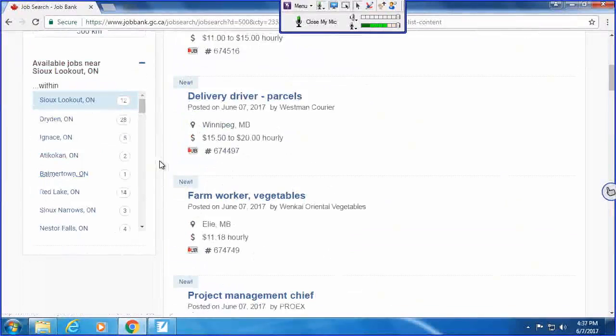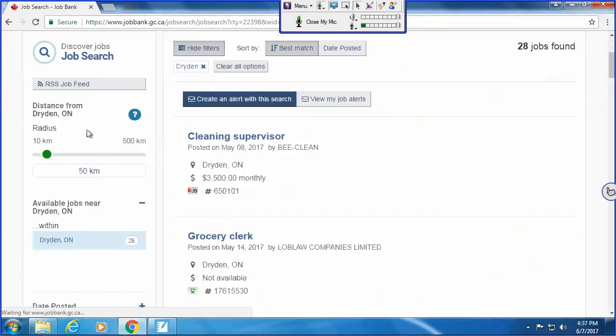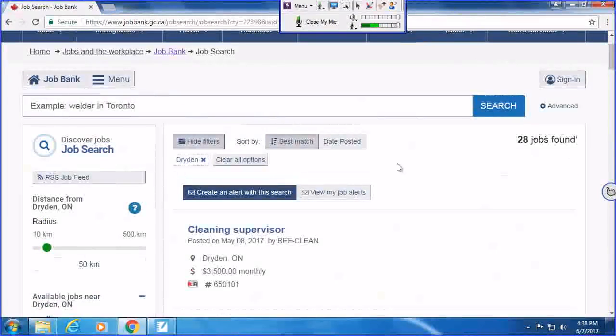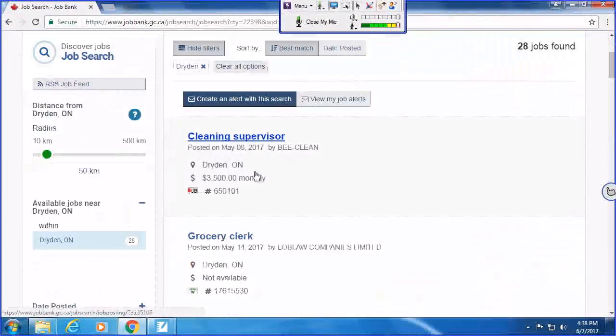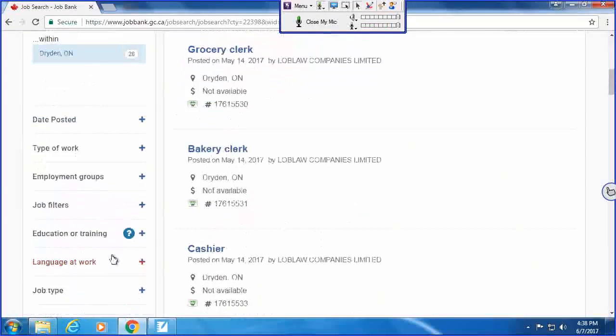For example, maybe you decide that when you did your first search, neither of the 12 jobs worked for you. But you thought, okay, Dryden's pretty close, so maybe I'll look at Dryden. So when I click on Dryden, it just shows the 28 jobs that are found in Dryden. So I've narrowed my search down to just the positions being listed for Dryden.